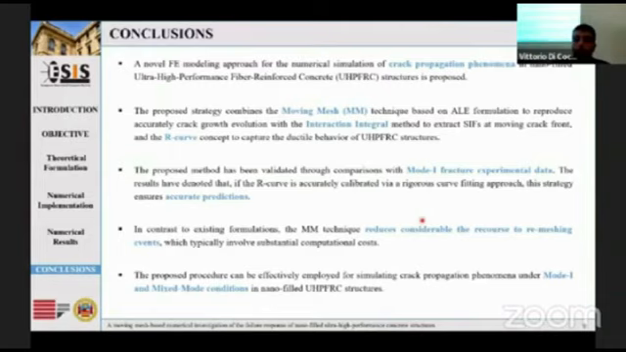So despite extensive formulation, the moving mesh technique reduced considerably the recourse to remeshing events. And finally, the proposed procedure can be effectively employed for simulating crack propagation phenomena under pure mode 1 and mixed mode conditions in nano-filled